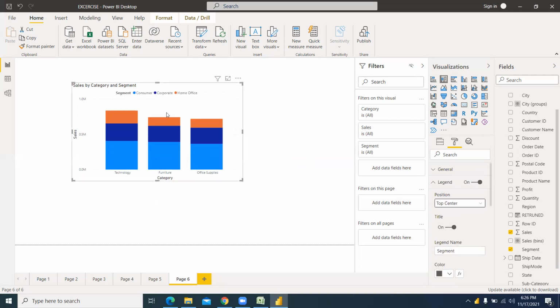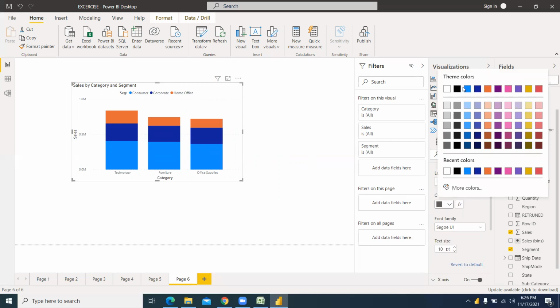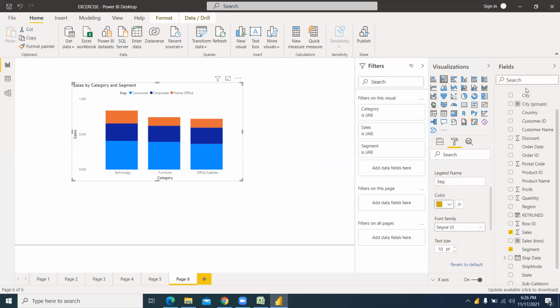Okay, so if you have a legend title, you can turn it off, and if you turn it on, you can just keep the name. So I'll put seg, or maybe like this, and then you can put the color, so you can change the color of the text. So I'll put some yellow color so that you'll be able to see it. Font family, usually I use Arial Black, and then you can increase the text size. You can see, right?